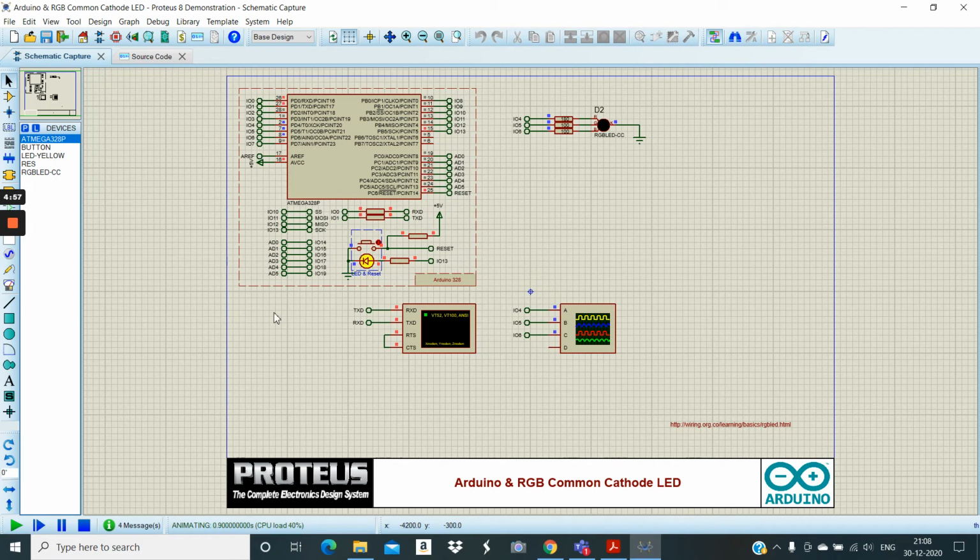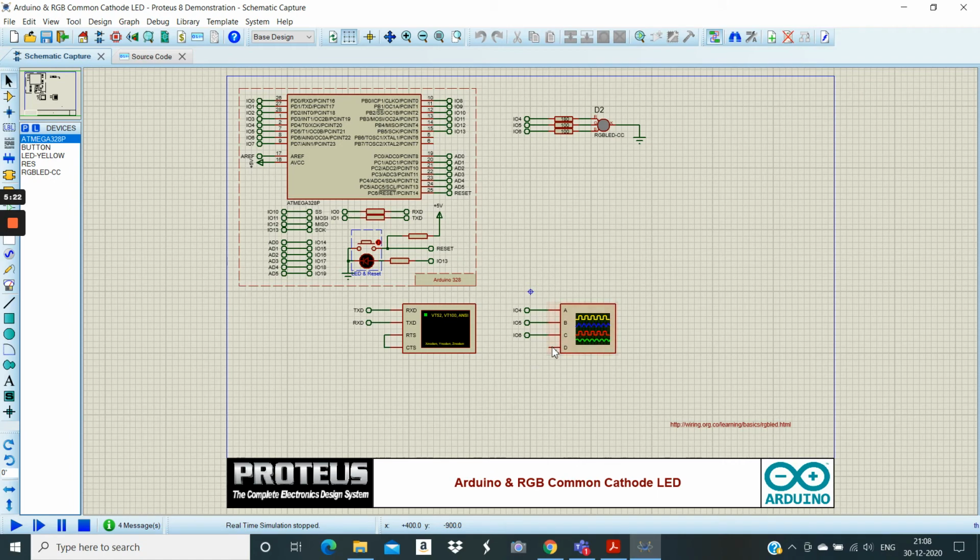In the simulation we can see that the LED is blinking, and this LED will blink for varying periods of time. For some period of time it will blink for a longer period, and for some time it will blink for a shorter period. So we can see that this is working. We will now test the oscilloscope. For that we will have to stop the simulation.